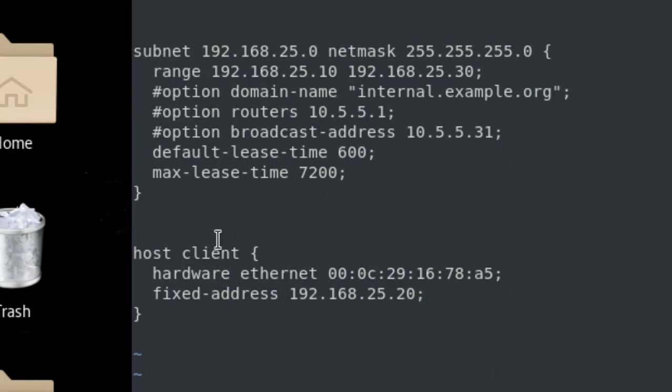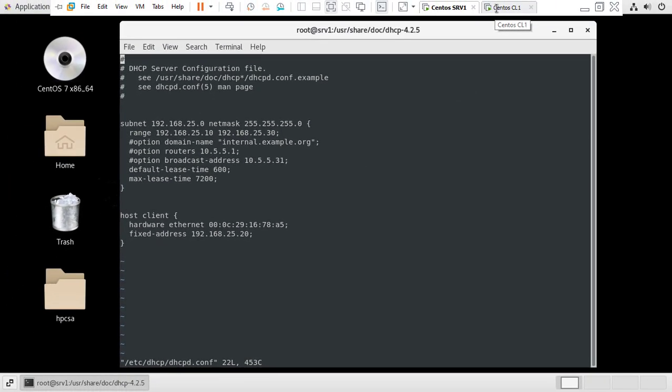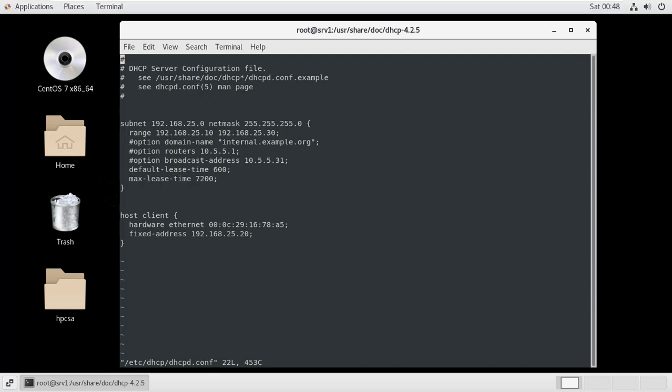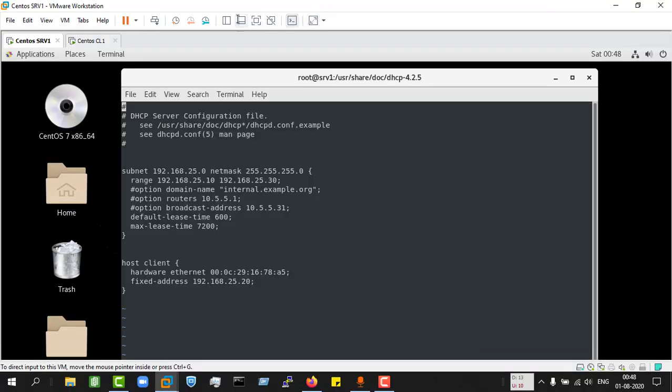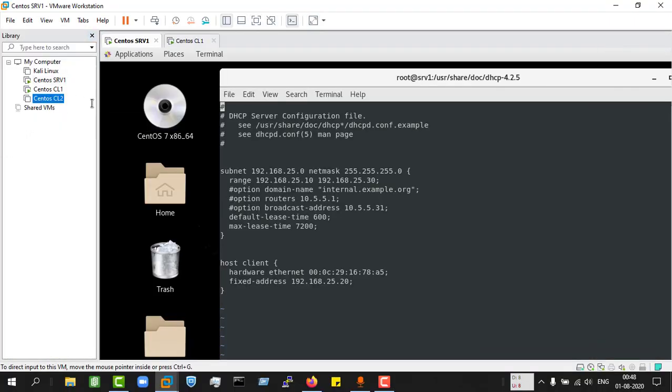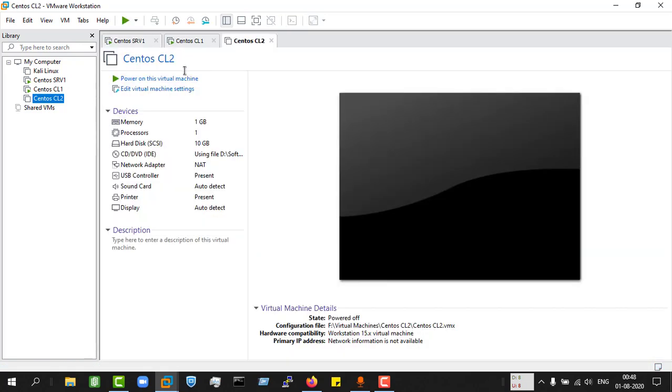Now just to see if a new machine is going to take an IP, I'll take another VM and check if that is also getting an IP address. Okay, one second. Change to client 2. I'll power this on.